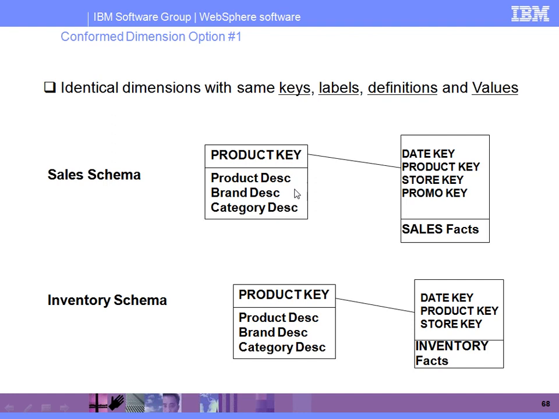But the same product dimension table used by the sales fact table, in the same project and the same module, we are also using in the inventory fact table. Now, what is the product dimension table here?